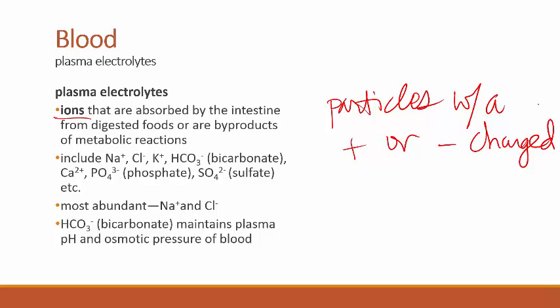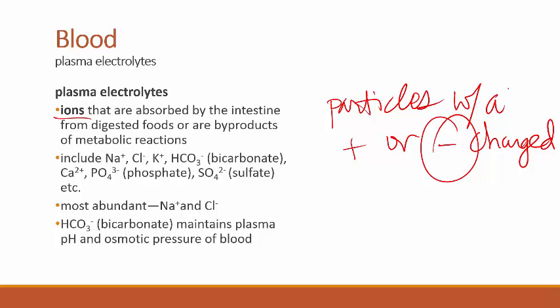If you gain an electron, what will the charge be? All right, so I'm going to assume that you figured it out. It would be negative. Whereas if you lose an electron, then the charge for the atom becomes positive. So ions are absorbed by the intestine from digested food, and they can also be a byproduct